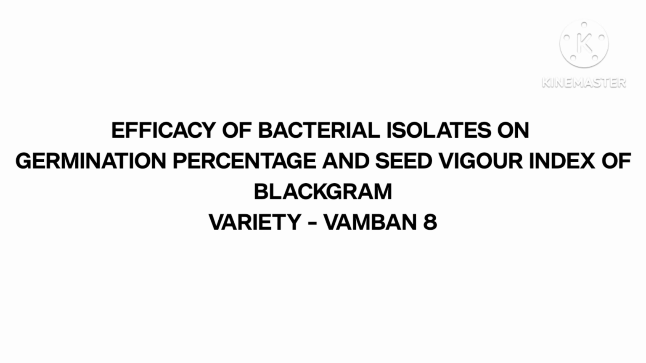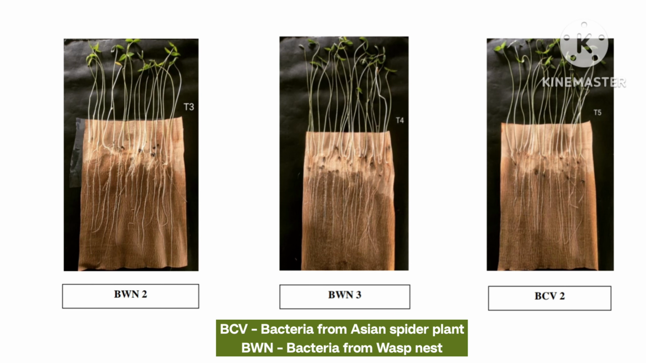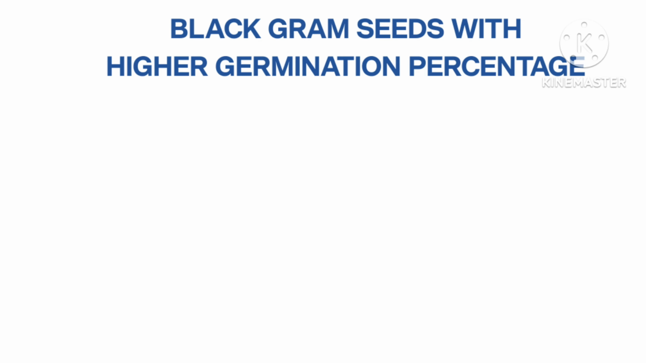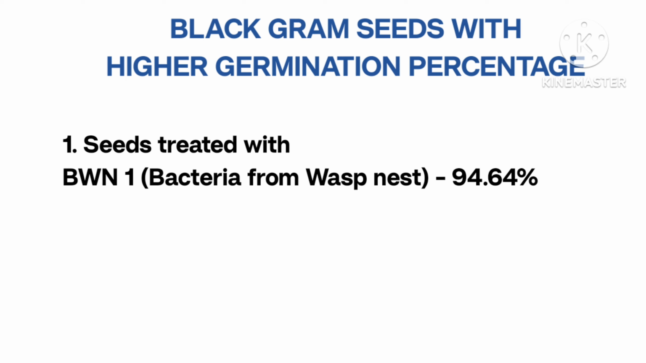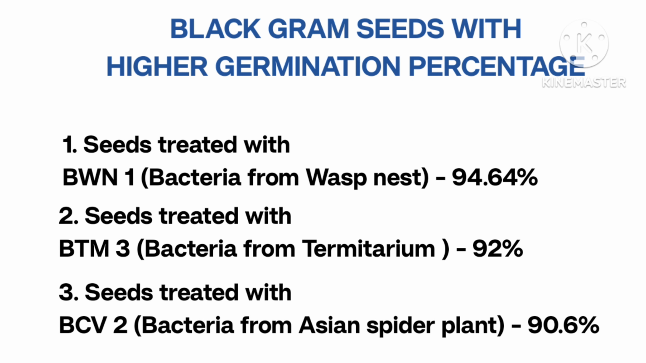Efficacy of bacterial isolates on germination percentage and seed vigor index of black gram. The efficacy of each bacterial isolate on germination percentage and seed vigor index of treated black gram seeds was assessed. It was found that seeds treated with broth inoculated with bacteria from wasp nest sample showed significantly higher germination percentage, followed by seeds treated with broth of bacteria from termitarium sample and seeds treated with broth inoculated with bacteria from